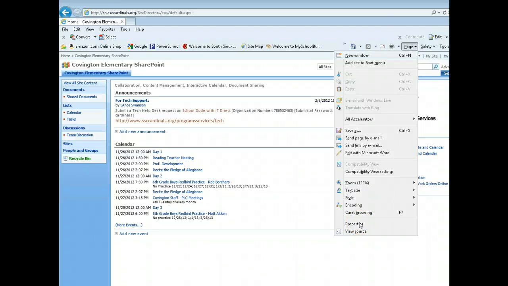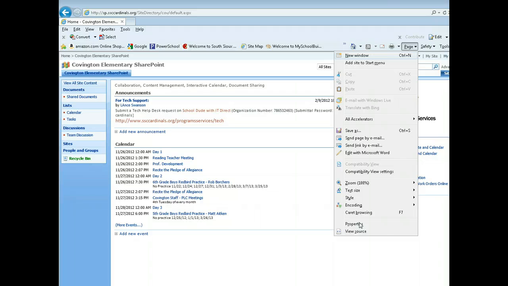Hello there. Our next lesson on SharePoint will be how to connect the SharePoint calendar to my Outlook calendar. This is extra convenient because you can just open up Outlook on your local computer while you're in the district and be able to see what's on your calendar and compare it to what's on the SharePoint